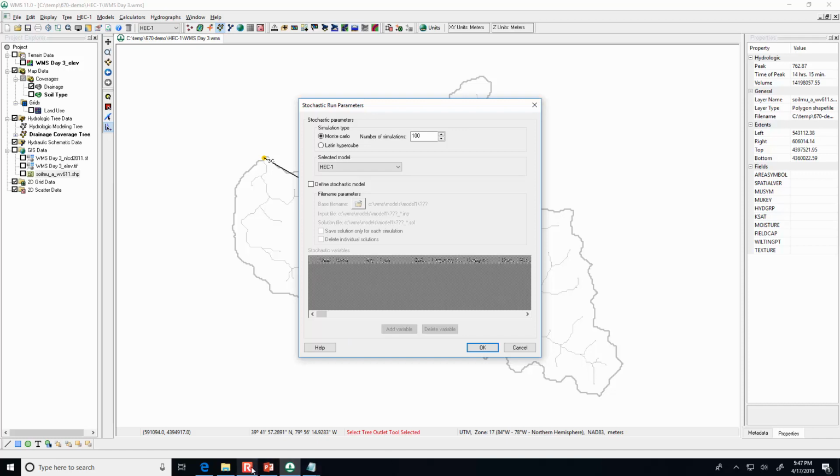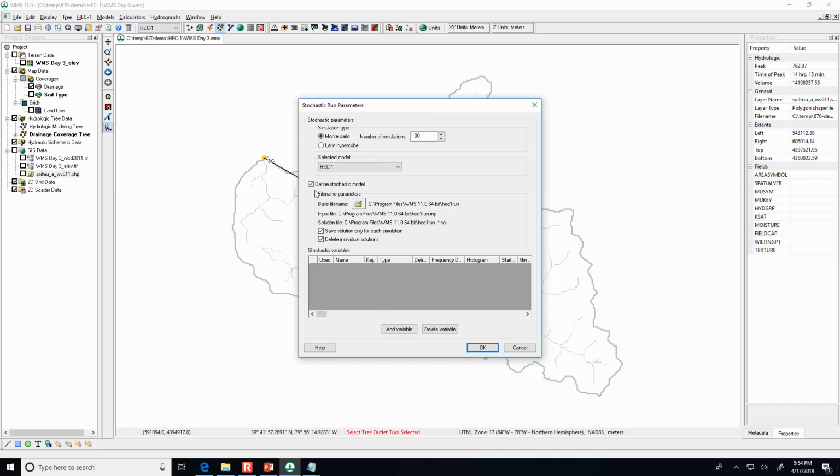Before we start the stochastic modeling, let's say hypothetically, what if we're not exactly sure what the curve number is going to be? If we want to know the spectrum of possibilities, then we can define a stochastic model, and what we're going to do is add a variable.